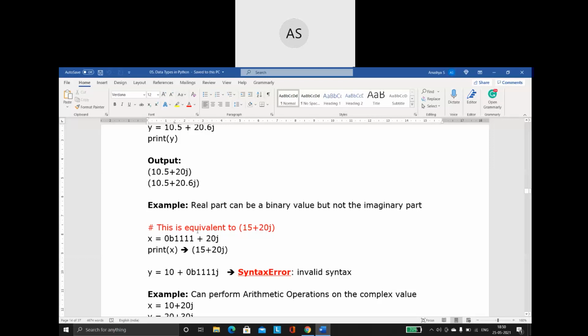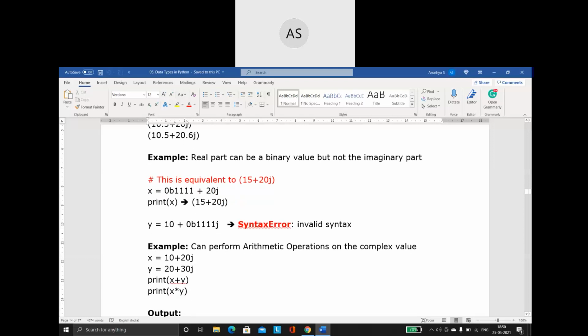The important point to remember is that when declaring a complex data type, the real part can be a binary value, but if you give the imaginary part as binary, it will throw a syntax error. It is not allowed.